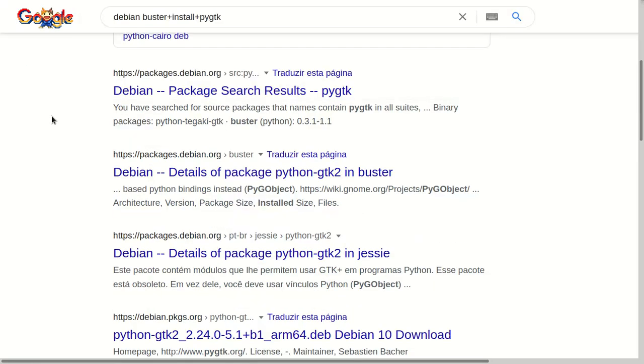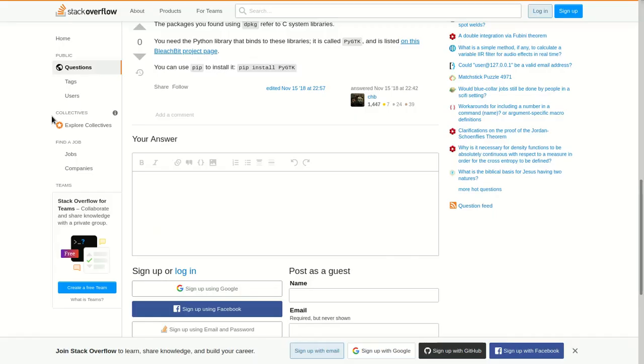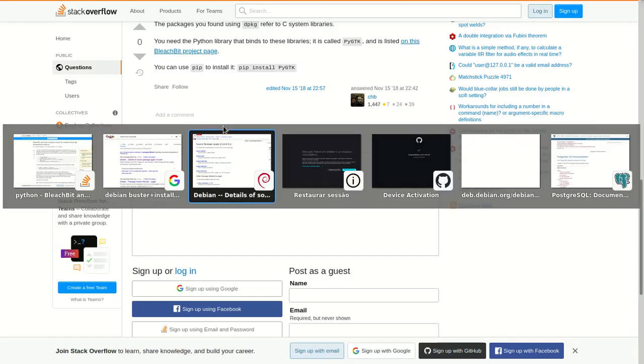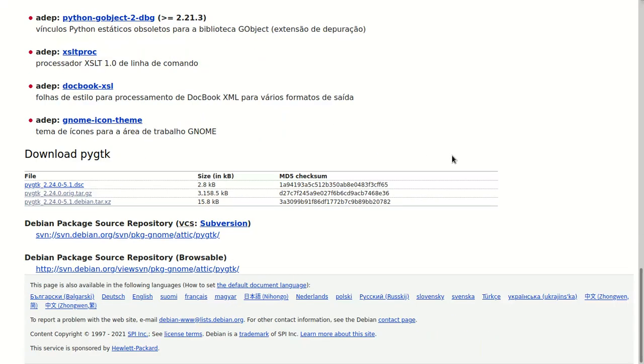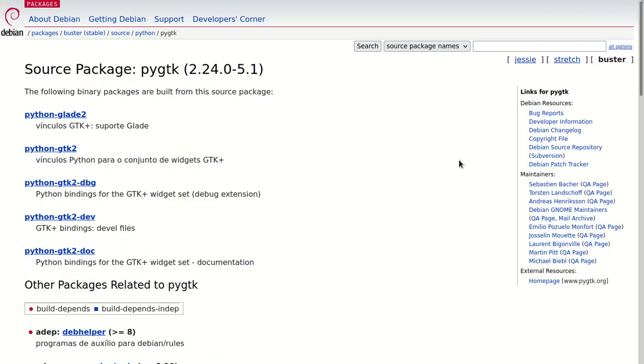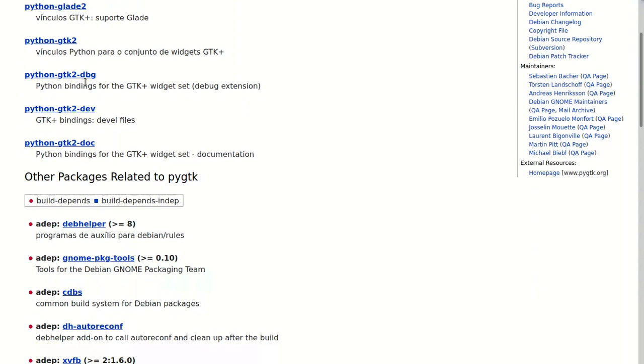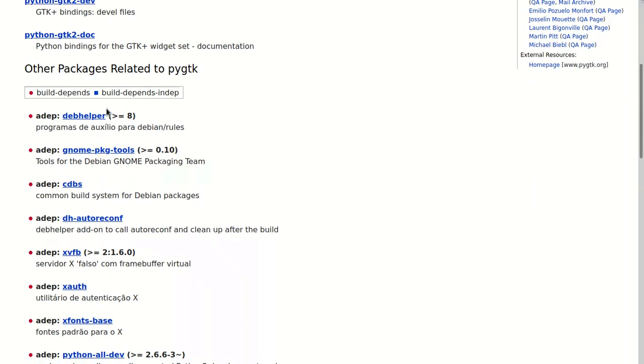Okay, and it gave me this result, which took me to the amazing Debian portal. I made sure I was in the right version because I am using Debian 10, the Buster. Okay, and I saw libgtk2.0-dev. Okay, and here, build dependencies.